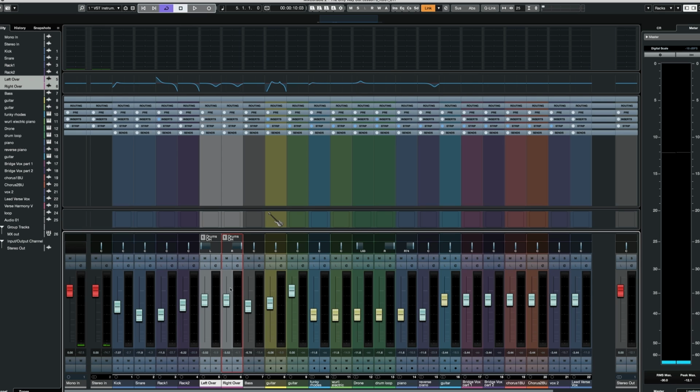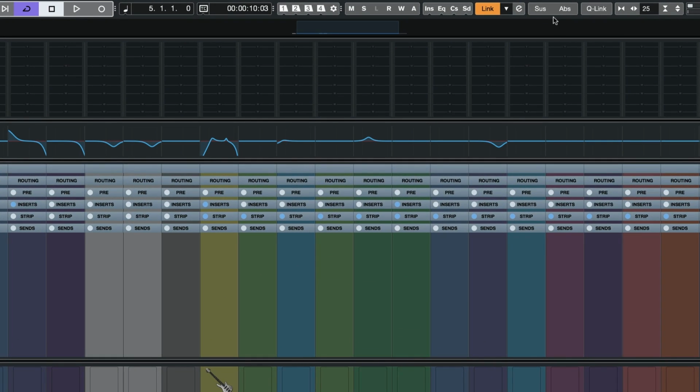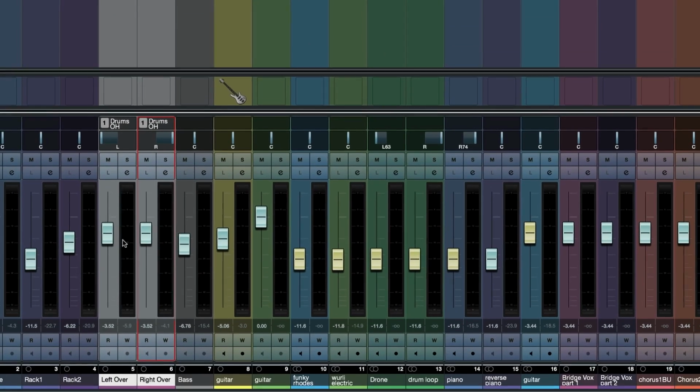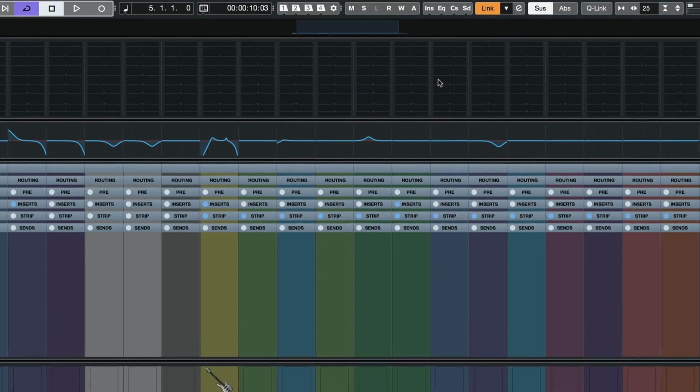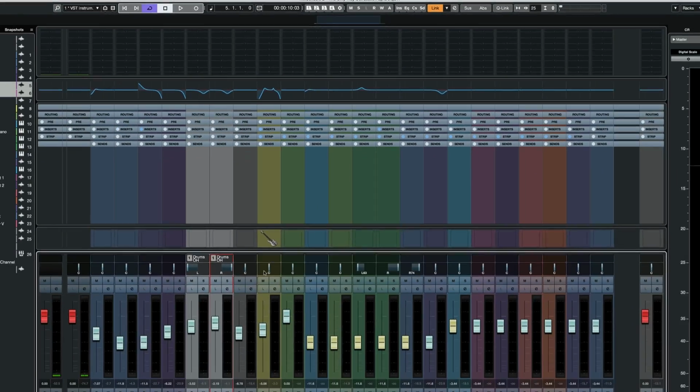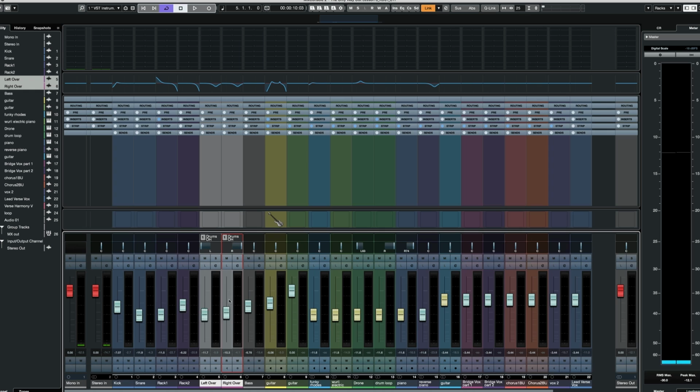If you wanted to quickly move one fader, let's say these weren't recorded perfectly and the signal level of one is a little bit higher than the other, and I want to balance it a little bit more effectively, you can suspend the link very easily by just quickly going to sus for suspend, and I can now move one of these independently, rebalance it as I want, and then deactivate the suspend. And now these will be linked together, but they'll be balanced better depending on how it was recorded and if you needed it to do that. So that's how suspend works and how linking works.